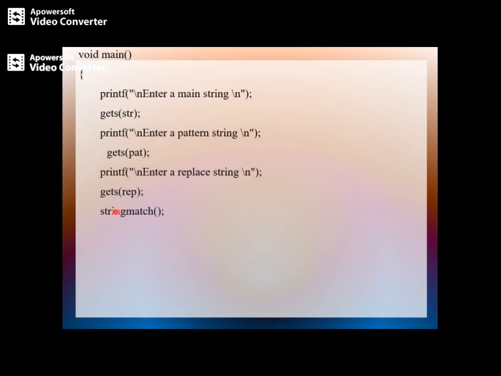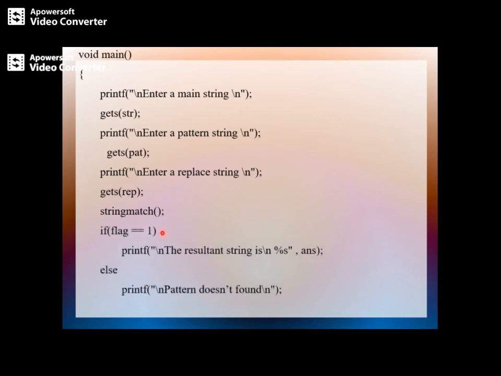Then I'm going to call the string match function. How will I come to know whether the pattern is found or not, because this string match is not returning anything? It is because of the flag variable. If the flag variable is 1, it means the pattern is found. So the resultant string is stored in the answer string, and the answer string gets printed with a percent character.